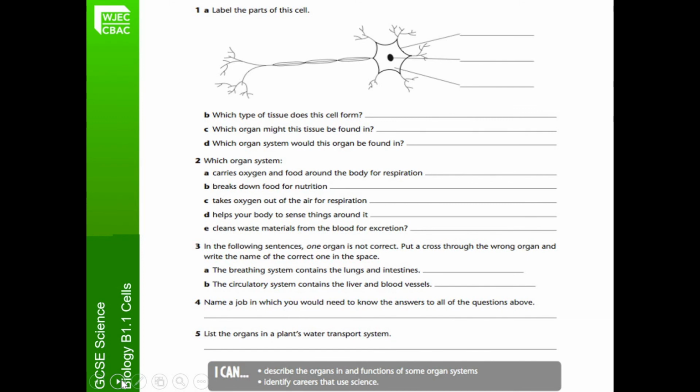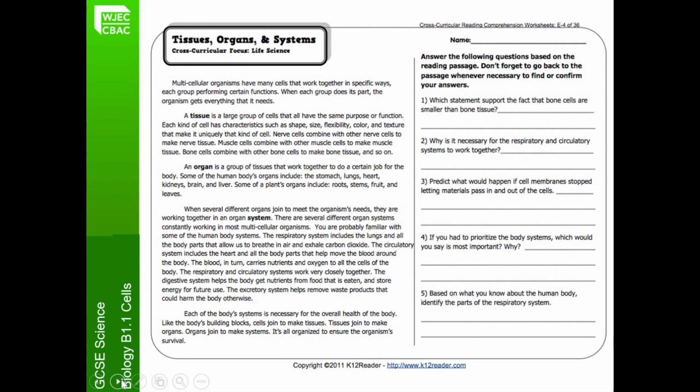The last things I would like you to attempt then in the booklet are on page 30. There's a little homework, gwaith cartref, okay? Label up the cells, looking at different tissues, organs and systems. So answer those questions. And then on the next page, page 31, a little comprehension exercise to read the text and answer the questions based on the reading passage, seeing if you can find the information. So feel free to highlight away so that you can identify where the answer